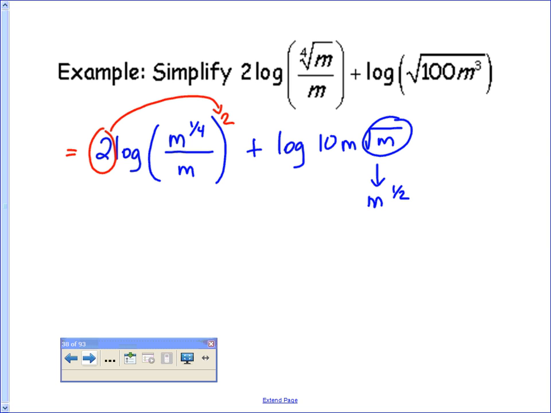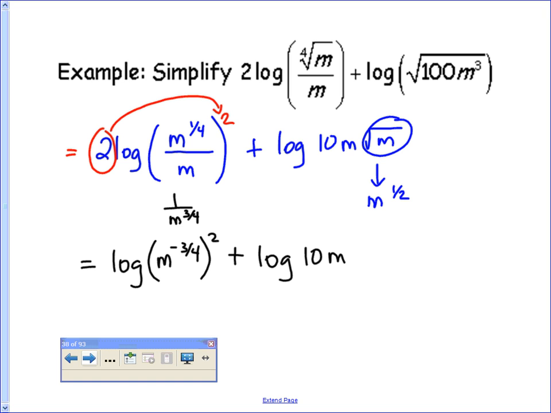Okay, all right, so in the next step, what I have is the log of m to the 1/4 over m, which, let's go ahead and simplify those. Okay, let's make that a little simpler. So if I have a fourth of m on top and a whole m on the bottom, then I have more on bottom. And how much more do I have on bottom? I have 3/4 more on bottom. So basically that would give me 1 over m to the 3/4. But let's say I want it in the numerator, then I'm going to rewrite that as m to the negative 3/4 to put it in the numerator. Okay, all of that raised to that second power, plus the log of 10m,